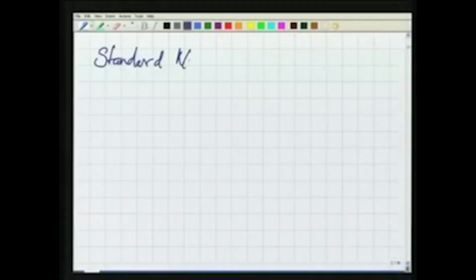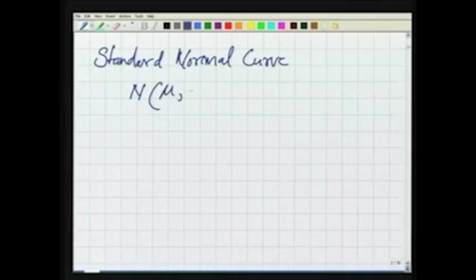Before that, what we will discuss is the standard normal curve or standard normal distribution. Now, what is this? Generally, a normal distribution is written as N(mu, sigma square). The meaning is the distribution for a variable, let us say x, is normal, and the normal distribution is given by two parameters, the mean, which is the most probable value, and the standard deviation. So, these two define the normal distribution curve.